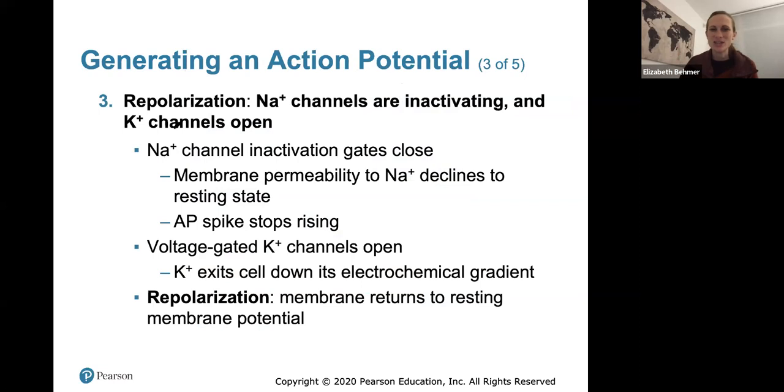Then repolarization is the next step, and this is when sodium channels start to inactivate and now potassium channels open. So sodium channels will start to close, the action potential will peak, will stop rising, potassium channels open, and potassium exits down its gradient. Remember, there's always more potassium inside of the cell. So when channels open for potassium, it will flow out via simple diffusion down its electrochemical gradient. And when potassium exits the cell, it brings its positive charge with it. So the inside of the membrane will become more negative again, back to the resting membrane potential,